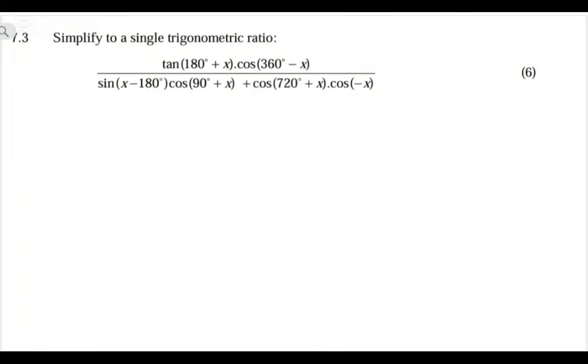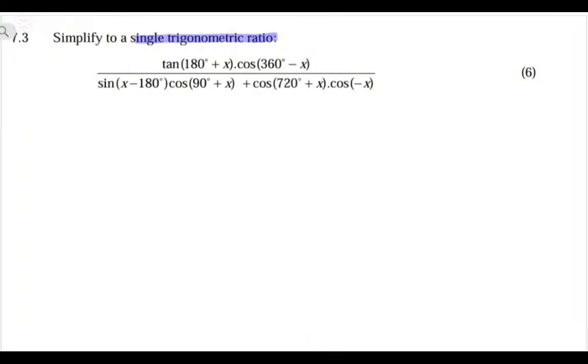If you go to that kind of app and go to the topic of trigonometry, you look for each and every question that talks about simplifying. There is something there that will give you a lot of clues. So I want you to take your phone right now and check those kinds of questions on your app. Go to trigonometry, look for each and every question that talks about simplifying, all the questions that say simplify into a single